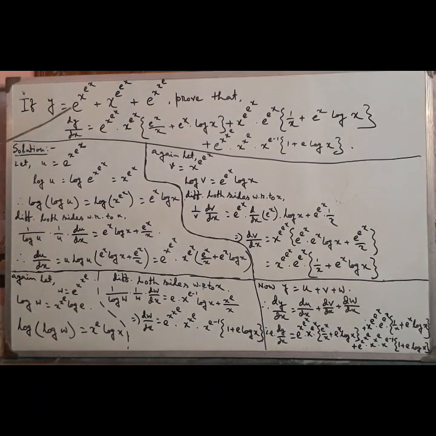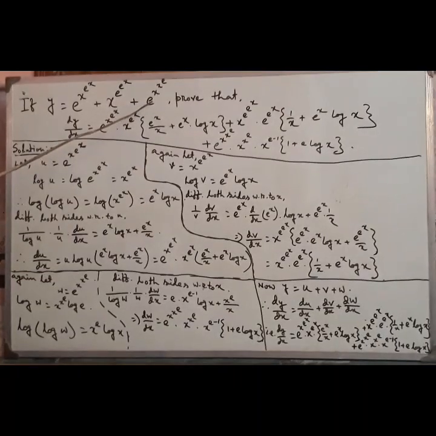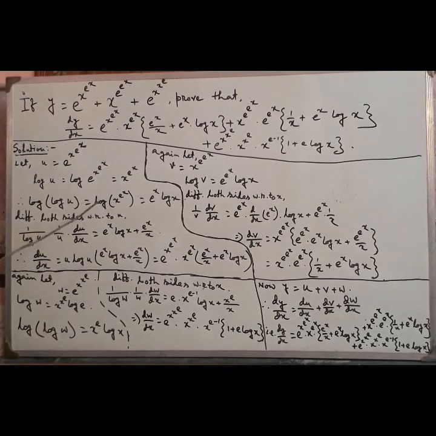Now let this first term be u, this one be v, and this last term be w. So separately find the derivative of this u, v and w. At first u, taking log both sides, the log u is equal to log of this term, this power will become the coefficient into log e, log e to the base e, that is 1. So this one, again if we take log, log u is equal to log of this term, again this index or power will come to the first as coefficient, that is e to the power x log x.